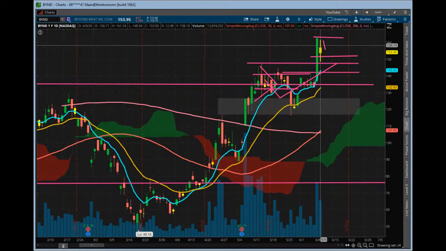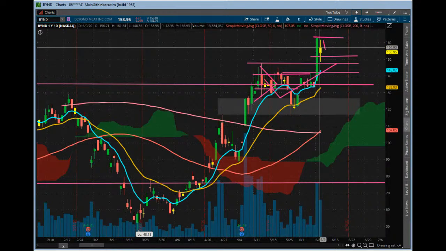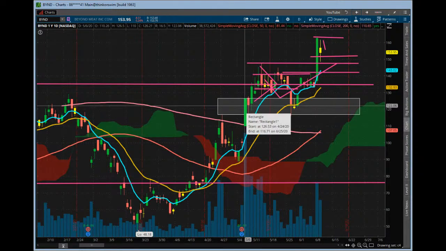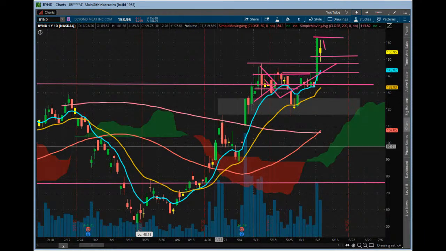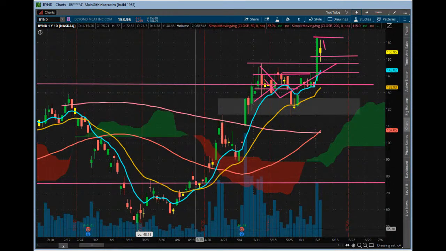A huge candle like that, extended over the average true range of the stock, usually gets a rest after it. But if you get a decent one like this, like this candle right here, and this was through earnings, of course, but it did get nice follow through to the upside. But even before that, we had this candle that got a little bit of follow through to the upside. But one of the things that we like here is look what was happening with the volume as we got into this breakout zone, right?